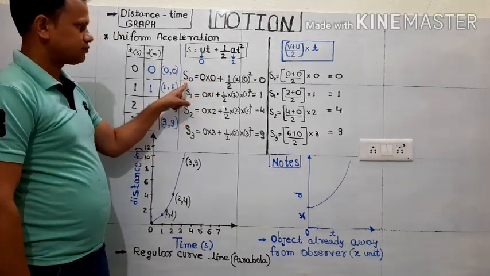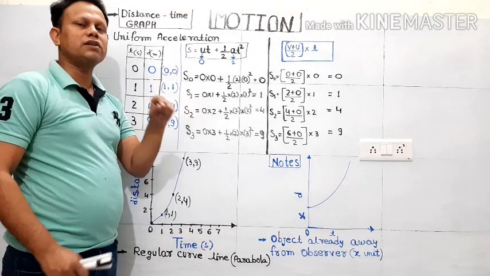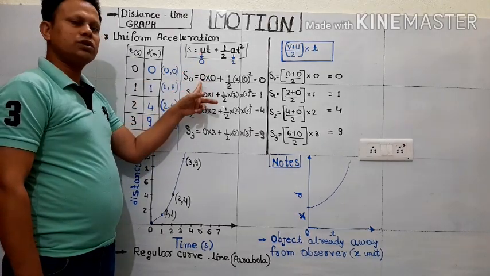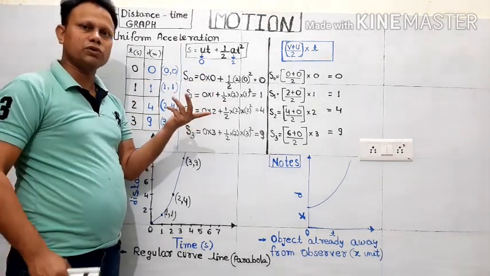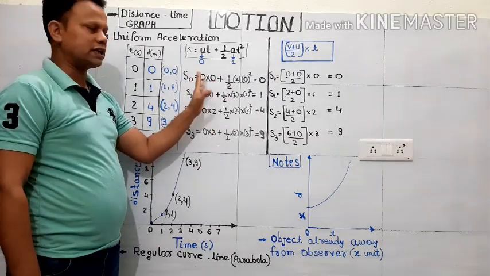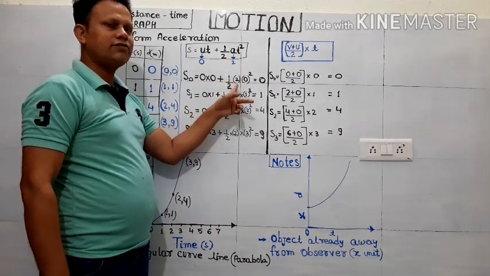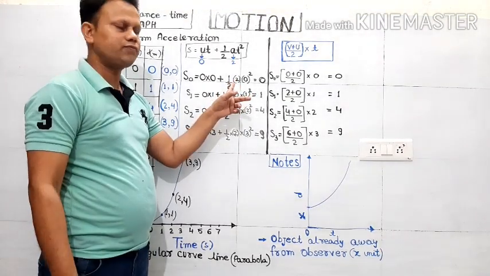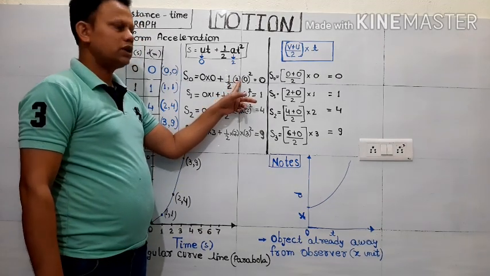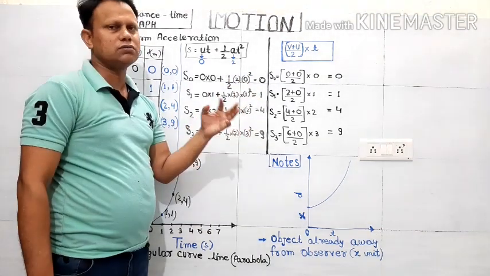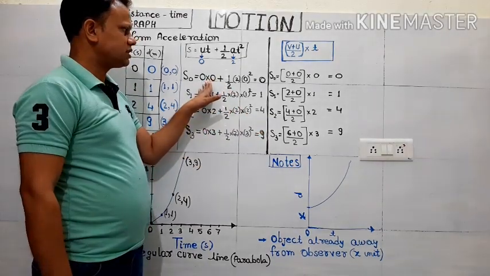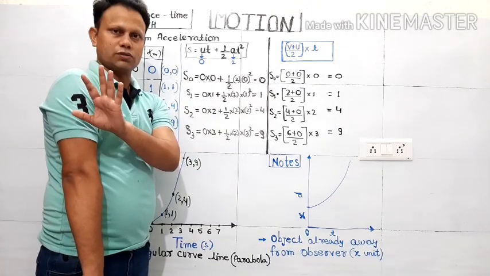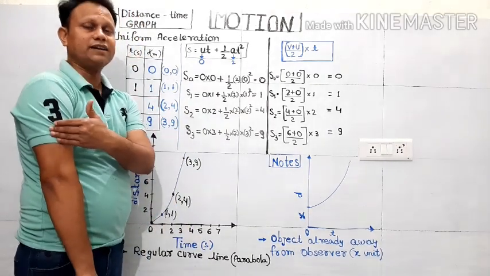So suppose I have taken displacement at 0 seconds, meaning when our watch starts counting the time. So u into 0, time is 0 only because it is just starting. So 0 into 0, that part will be 0. Half a, I have taken 2, although some value of acceleration will be there because we are observing an accelerated body. So half into 2 into 0 square, because time has not passed. So obviously time will be taken 0. That means this part and this part both will give 0 plus 0. So finally we are going to get the position 0 here only. That means it is just beside me.